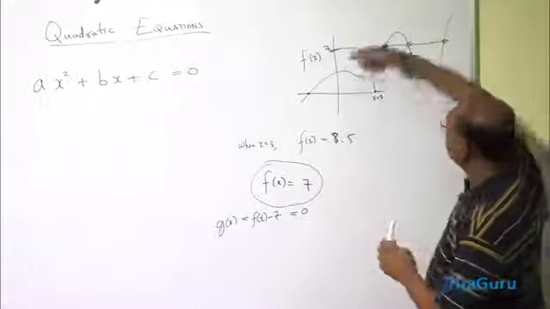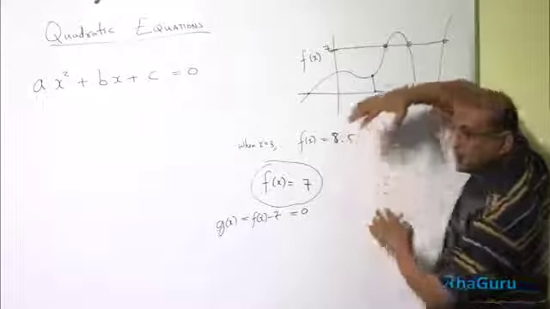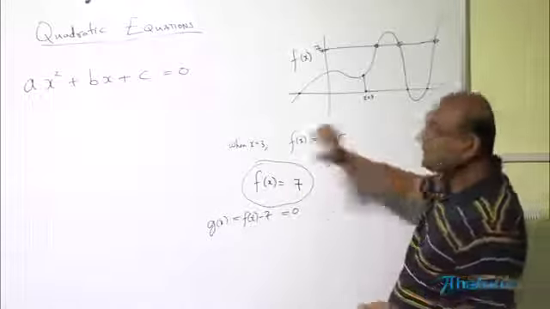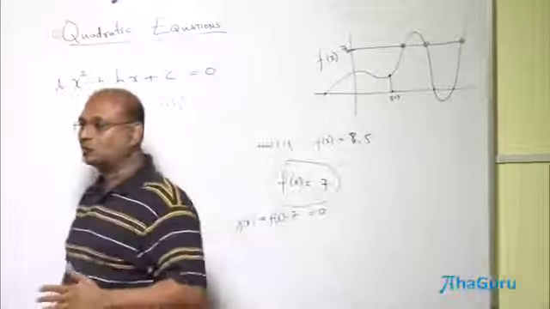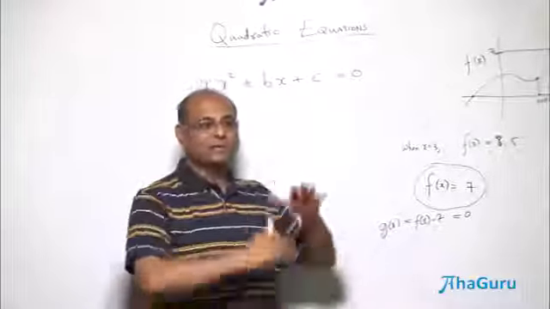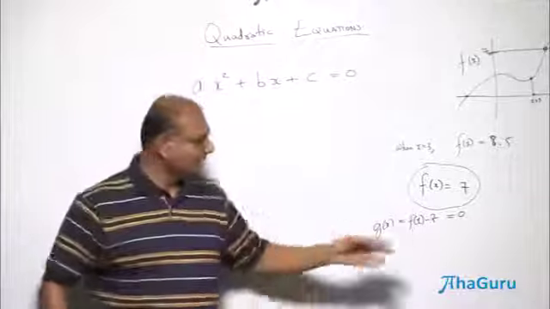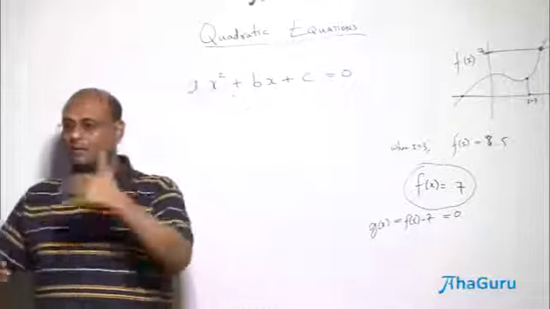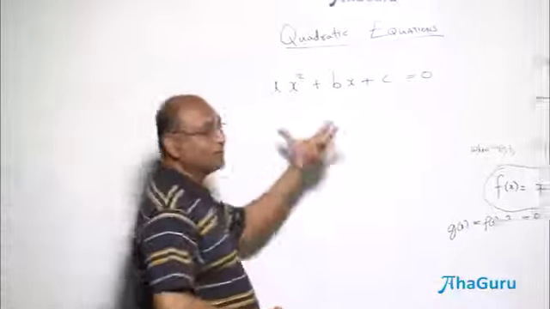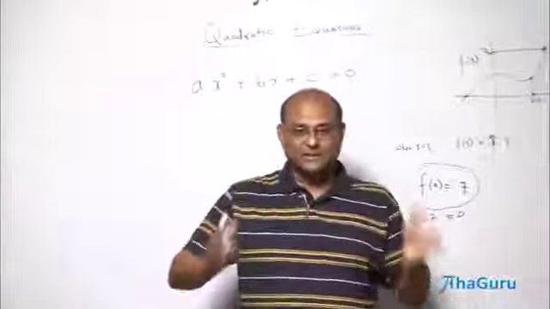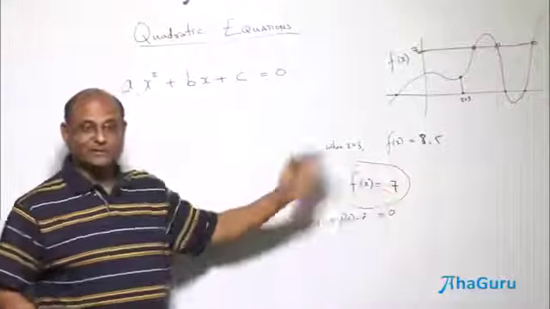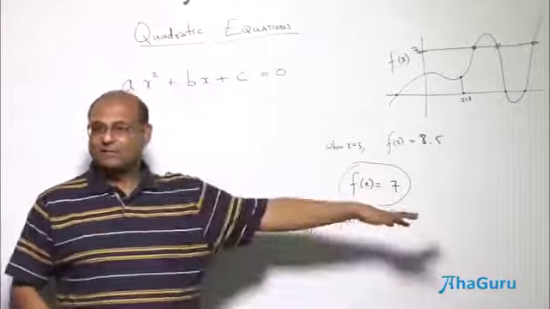Because everything else, you can just simply say, let me move the x-axis up or let me move the function down. You understand? So equations are ways for us to solve any kind of question, because everything can be converted to something equal to 0. It's an equation even otherwise, but if you bring it to one side, you can say it is something equal to 0. So therefore we say, I want to find the roots of this function. Why roots? Actually it was not equal to 0 that was important, it was equal to 7 that was important. You can always convert it to equal to 0.